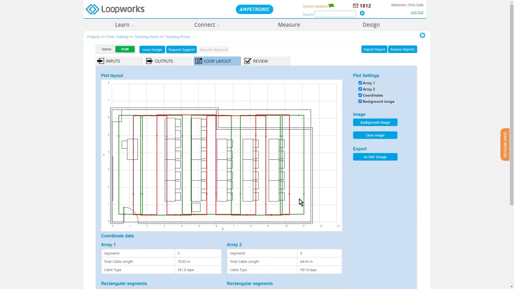Hi, I'm Chris from Ampetronic, and today I'm going to demonstrate the latest Loopworks Design update for you. We've recently launched a new edit mode which allows you to take any automated design and manually add, remove and adjust points to fit more complex rooms. As you can see here, I've got a small teaching space with a wall that cuts in around halfway down one side. There's also a couple of pillars to be aware of, so the automated design doesn't quite fit the